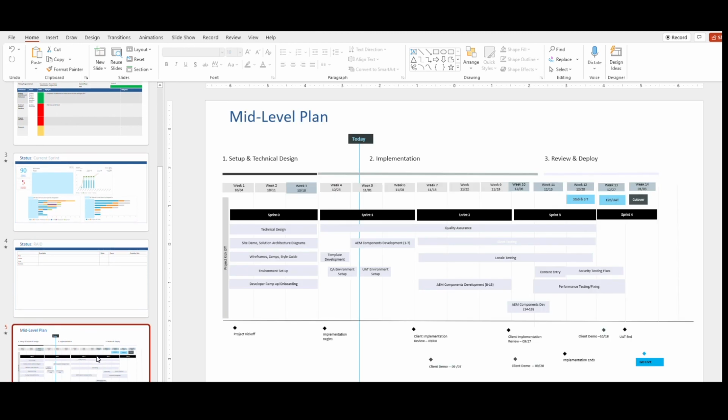All right, next up, a little bit more busy and more complicated slide, but we often try to show what we call a mid-level plan. And a mid-level plan is a bit busier than a high-level plan, but effectively it tries to show which sprint you're in. In many cases, it could be which iteration or which phase of the program or project you're in. It shows the high-level items in terms of technical design, quality assurance. A week-by-week breakdown tends to be very important. In this case,